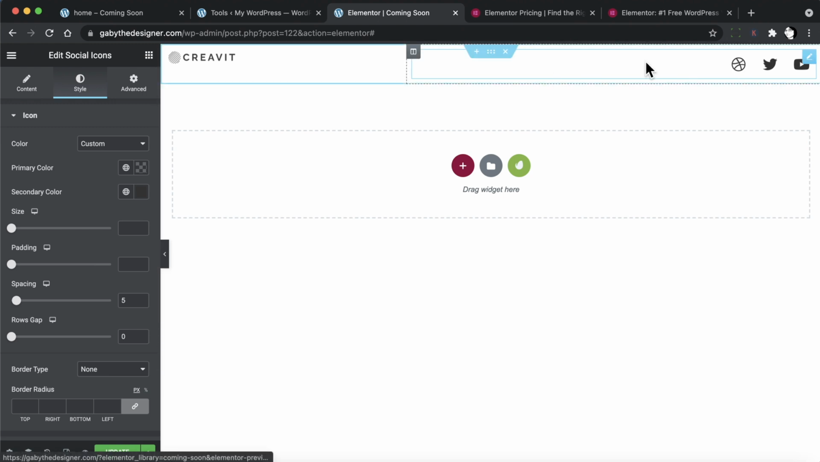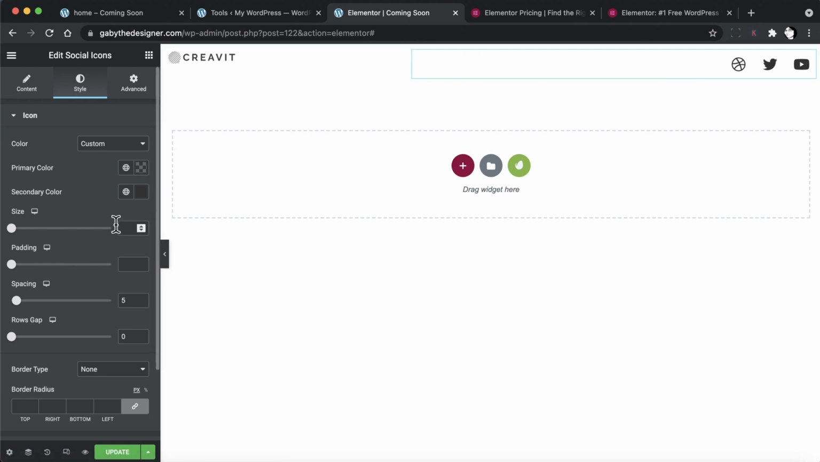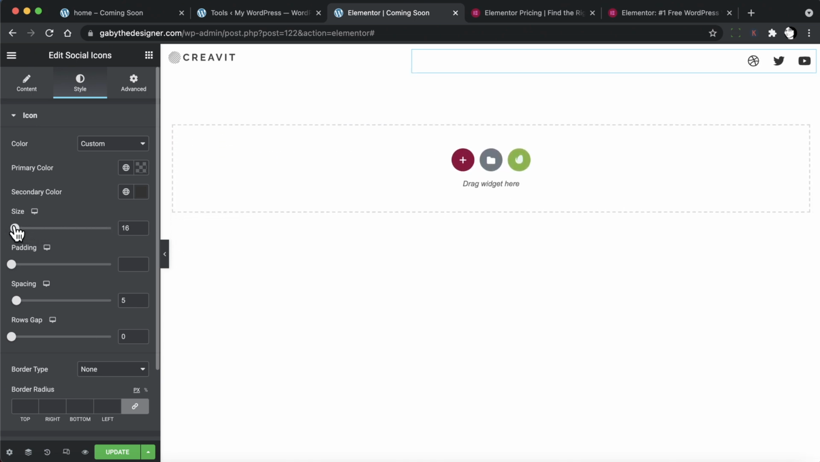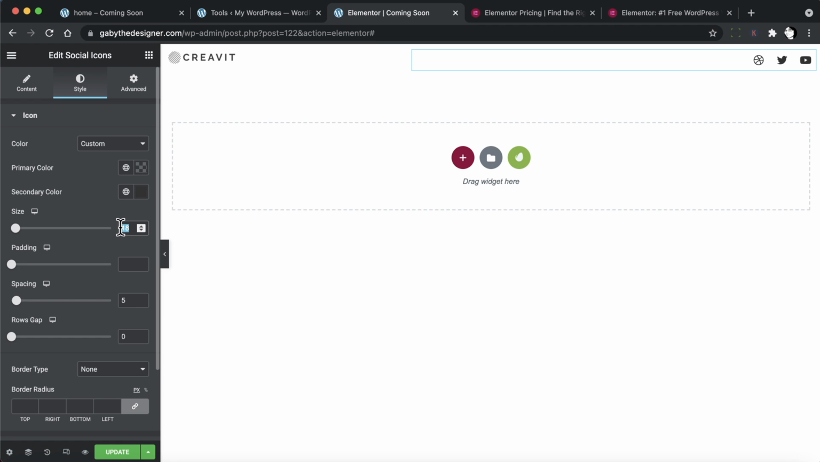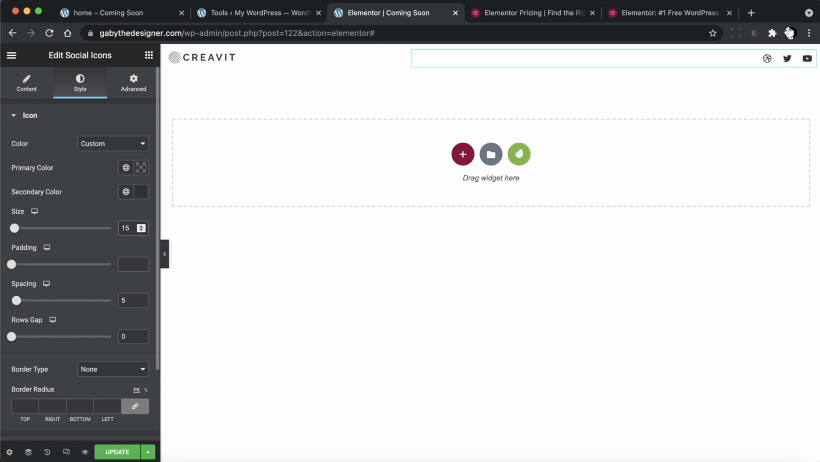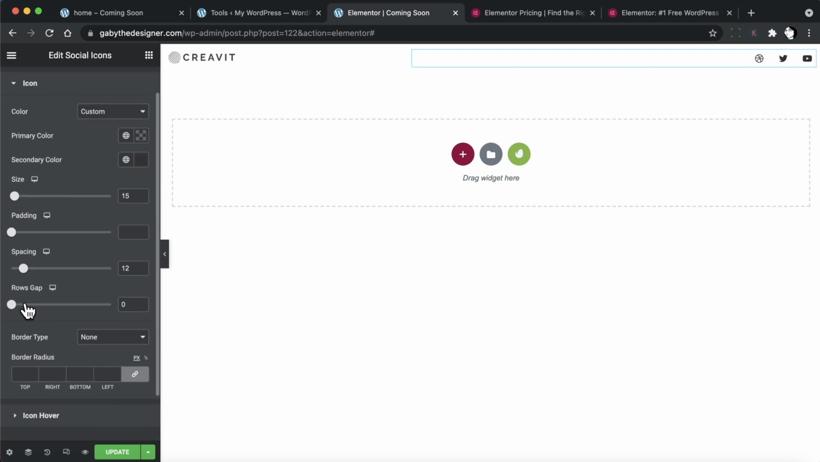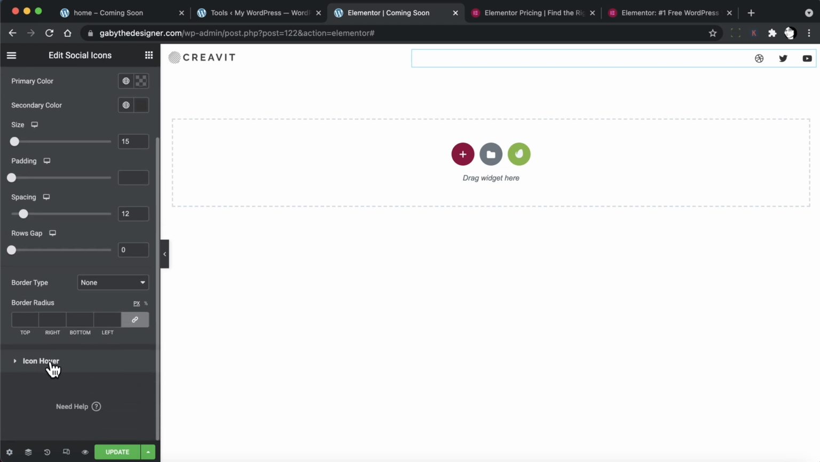Now I want my icons to be a bit smaller in size, so I'm going to go to size and either drag this slider or just type in the box the size I want, which in my case is 15. And I want a bit of spacing between my icons. There is already some spacing, but I want more, so I'm going to set that to 12. Okay, and now if I scroll down, I find here another category of settings that I can make, and those are